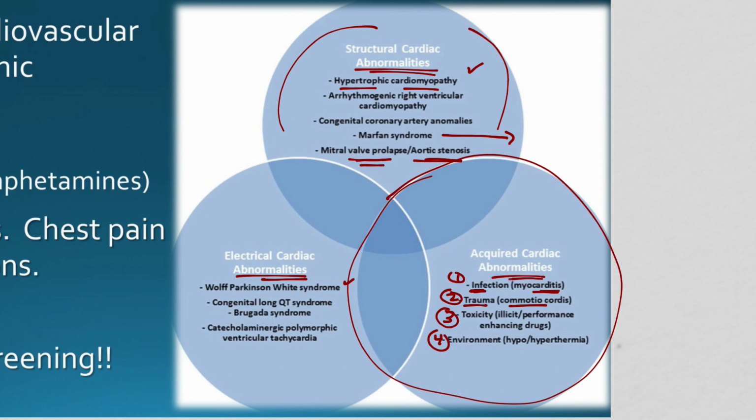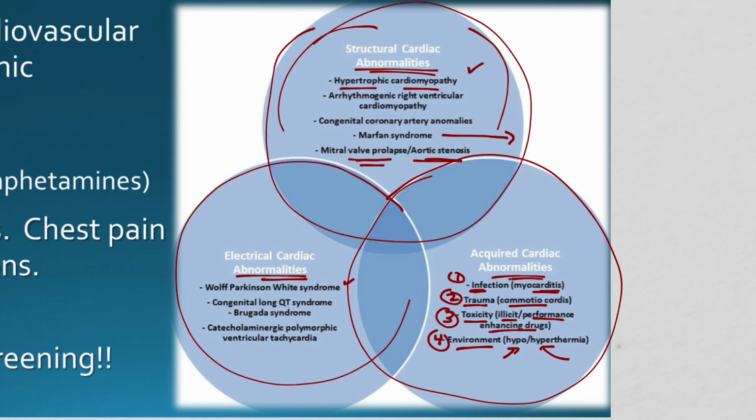If you haven't, then you can have a situation where you have cardiac abnormalities that result from illicit drug use or performance enhancing drug use, and then environmental. So someone who is really cold or really hot, that can also have an impact. So we can see how there are these things that all really overlap. At the center of it is the heart, and then it's just a matter of how the heart has actually been impacted. Either there's structural, there's impact to the electrical signals, or it's something that was acquired most often as